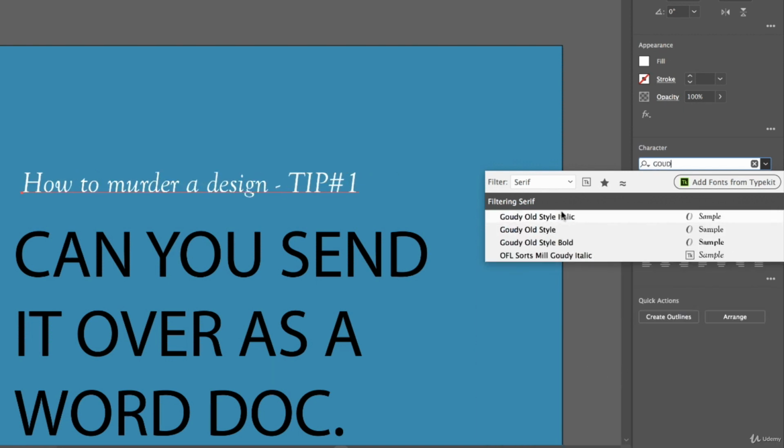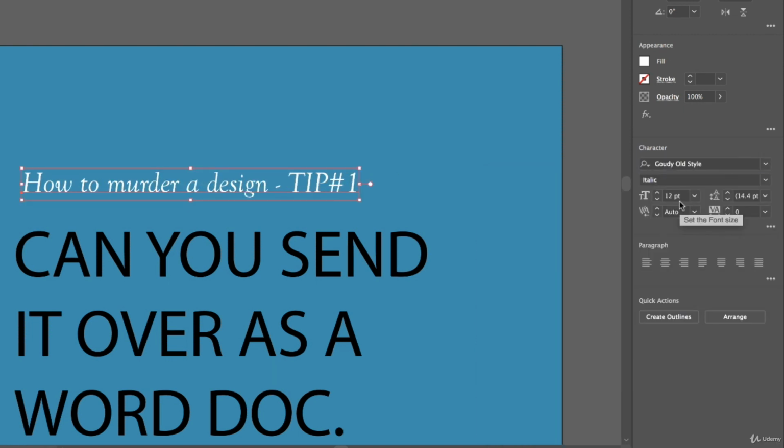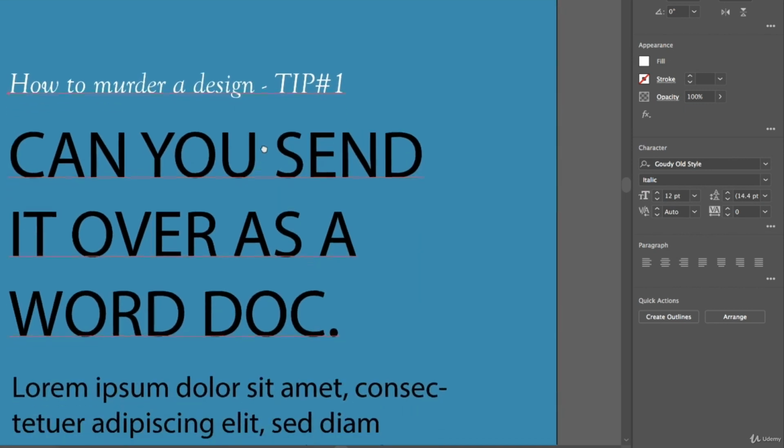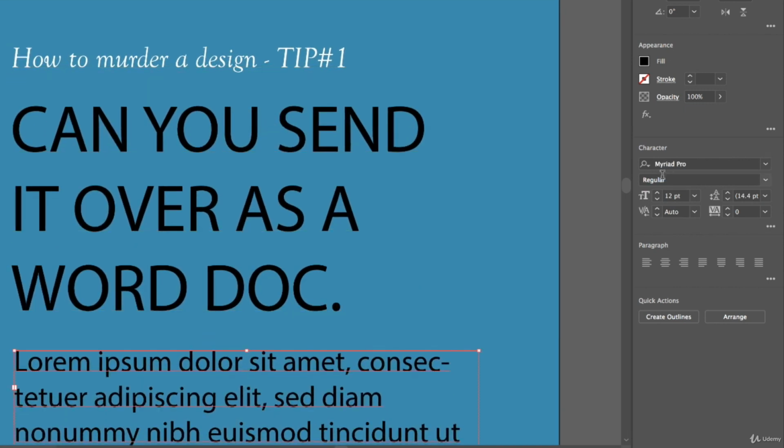I'm going to use the italic. Okay, that's the one I decided I want to use. In terms of the font size, I'm probably going to use 12 point. Just so you know, in terms of font sizes, say the body copy down here,